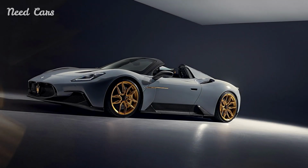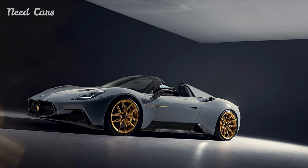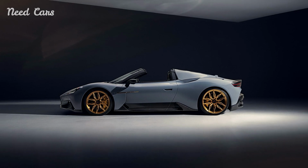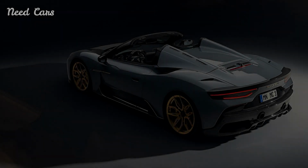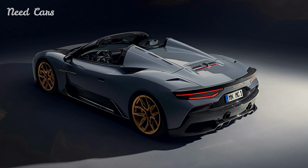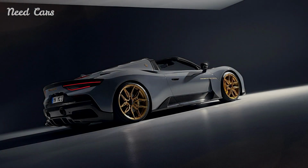power. At the heart of the MC20 Cielo lies a potent 3.0-liter twin-turbo V6 engine, enhanced by Novitec to produce an impressive 701 horsepower, an increase from the stock 621 horsepower. This power boost catapults the MC20 Cielo into supercar territory, offering blistering acceleration and a top speed that elevates driving